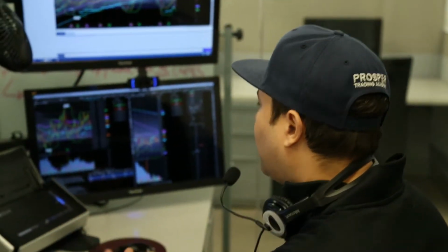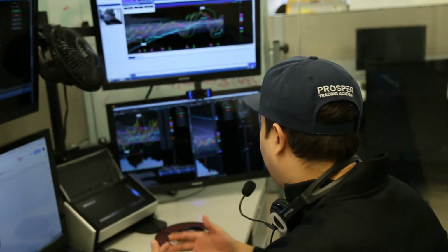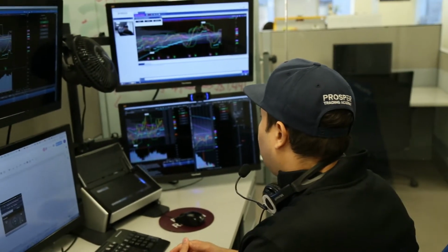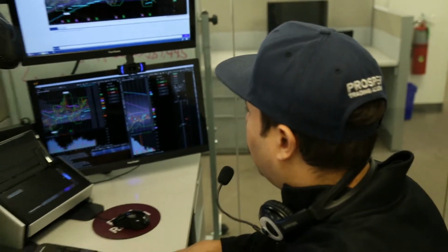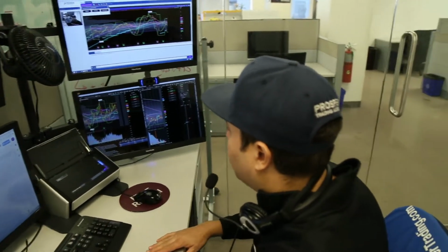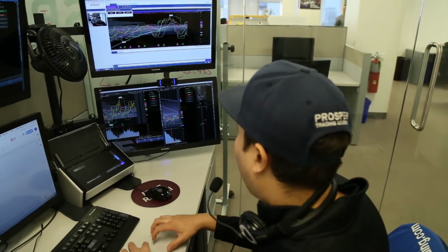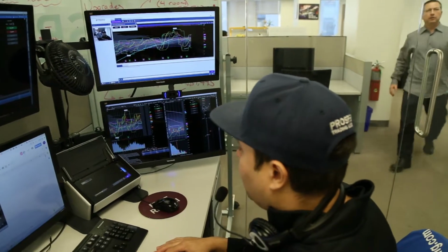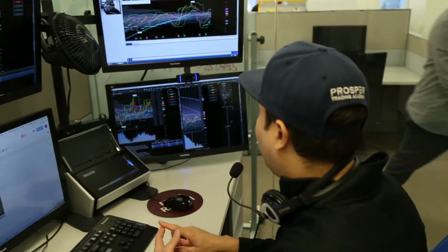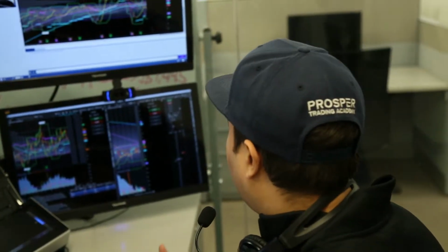And for those of you that are new to the Foundation Room, what do we do here? What is the Foundation Room all about? Well, the Foundation Room is just simply a room for beginners. All right, if you're green, you don't know anything about trading or stocks or options, this is where you come to get that training. We go over the basics for each room, what the core components, what you need to